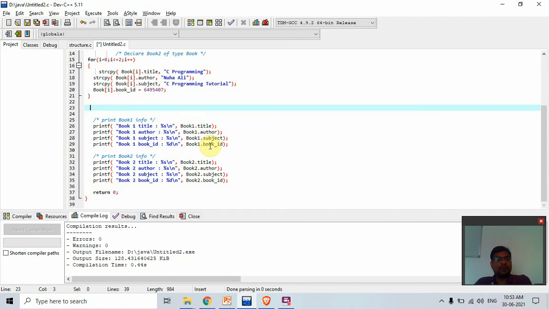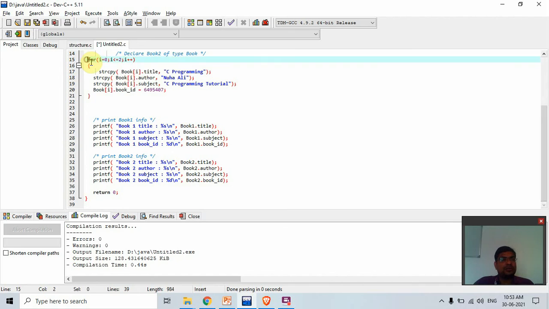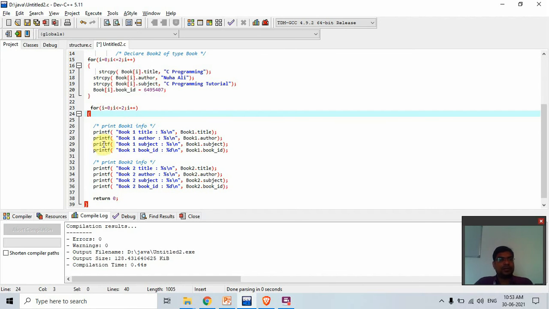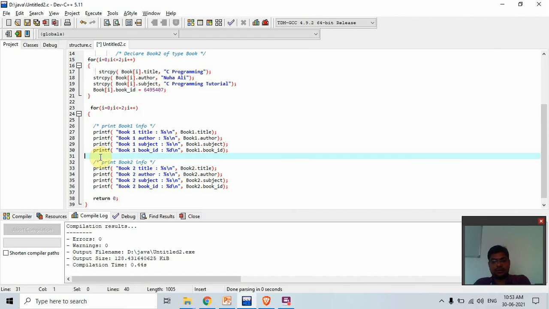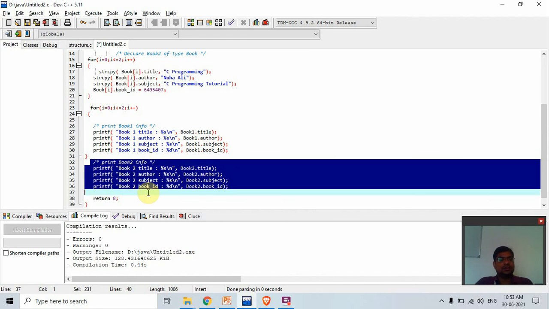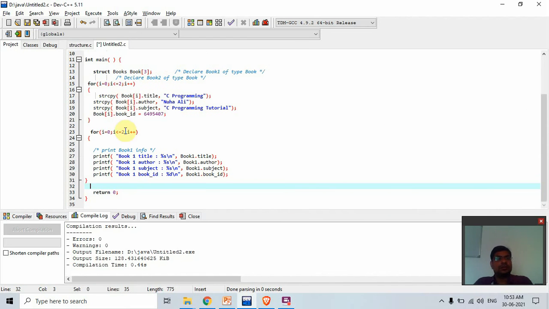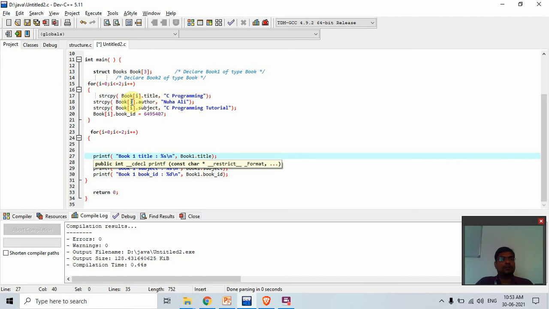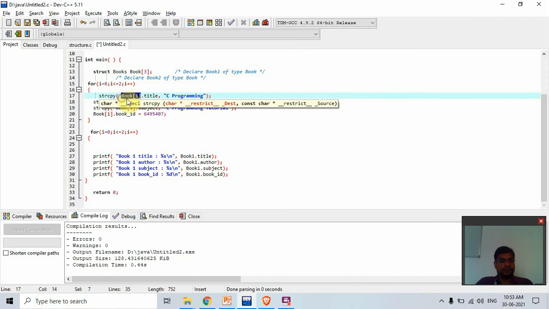Now if you want to print, then in the same way you use the for loop, Control V, and close this. Now remove this and notice the book 1 info. Now copy this and paste it.